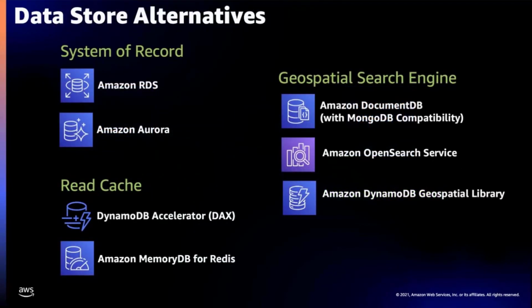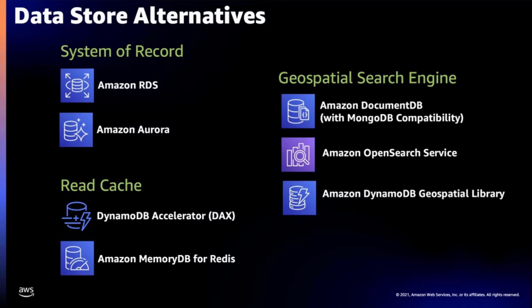Now, we could choose some alternatives to this if we needed to. For instance, for a system of record, we could use a relational database like Amazon RDS or Aurora. So why didn't we choose that in this example? Well, because this customer was really concerned about the database being inexpensive if they weren't using it at all in the early days. RDS and Aurora are both instance-based systems,